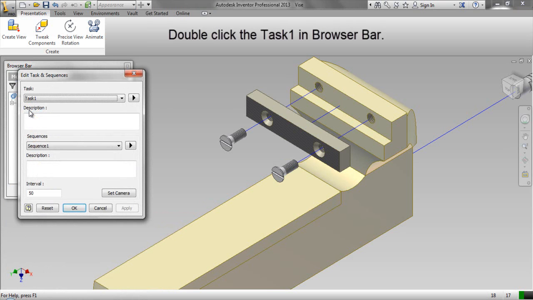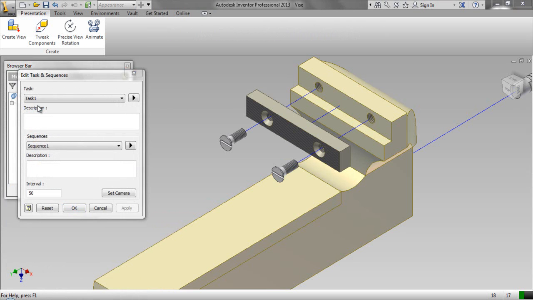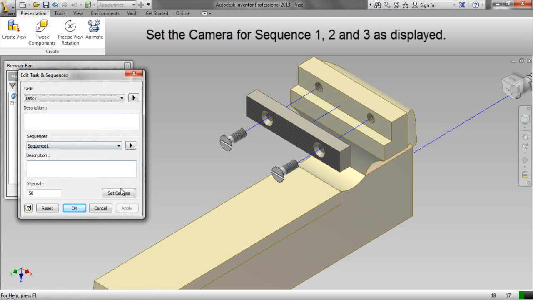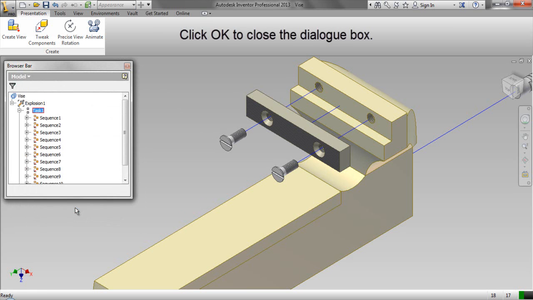Double click the task 1 in browse bar. Set the camera for sequence 1, 2 and 3 as displayed. Click OK to close the dialog box.